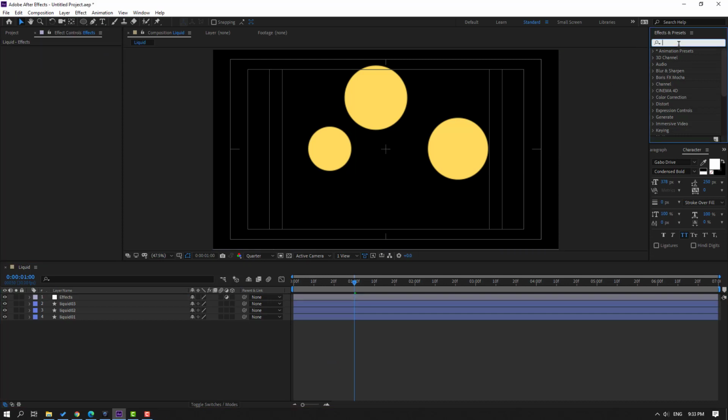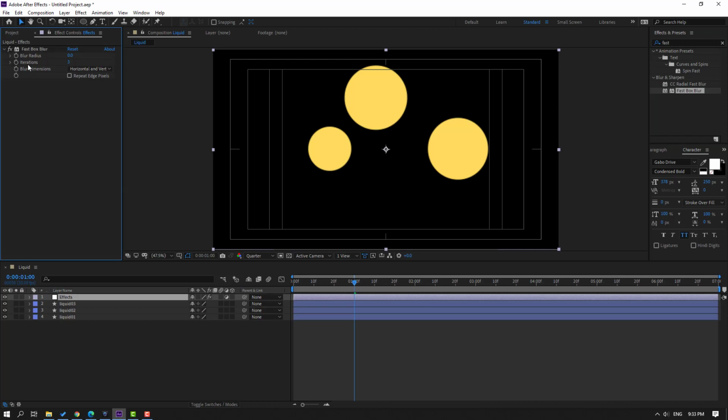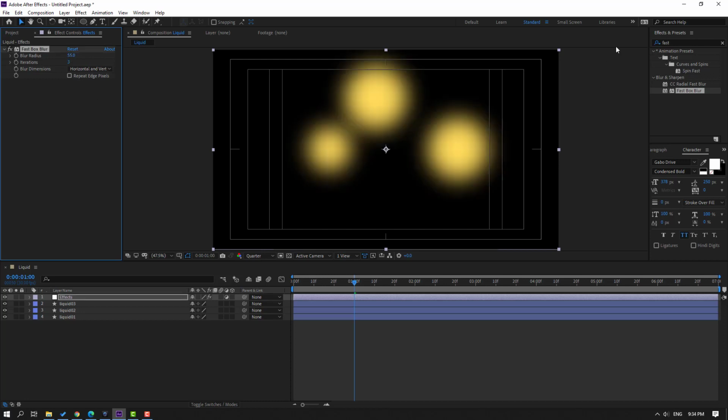And go to effects presets, search effect fast, select this fast box blur, let's use it for this adjustment layer, and change the blur radius, let's change 55. Then go to effects presets, search effect matte choker,